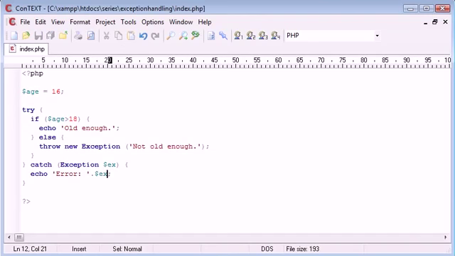Now from the variable $ex we need to call the function that's within throwing a new exception, which is going to echo out this text here. So we need to say $ex->getMessage(). Now I haven't written this function myself anywhere. This is just standard notation for getting the message that's thrown by a new exception. So now you can already see we've come up with a way of throwing an exception and giving ourselves a custom error message here. And you can throw multiple exceptions,